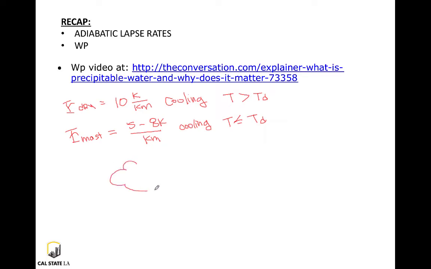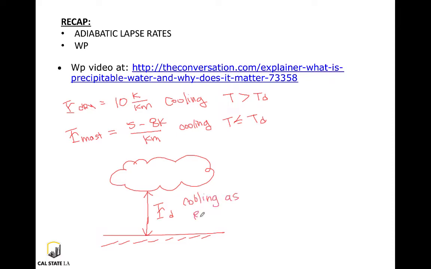So if we have the atmosphere, here we have a cloud, we have the ground. From this elevation to this elevation, we experience our dry rate. Again, our parcel is cooling as it rises. And in here, we have our moist adiabatic lapse rate. And remember, it is still cooling, but not as quickly, or not as much, I should say,